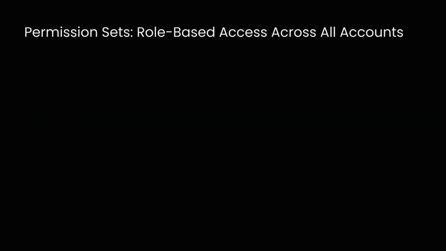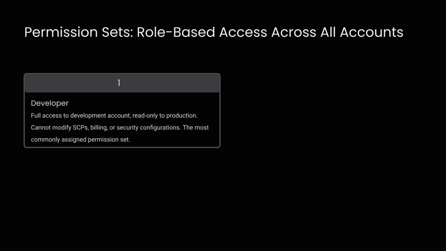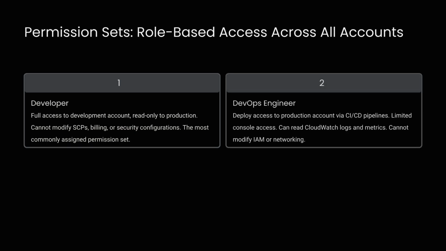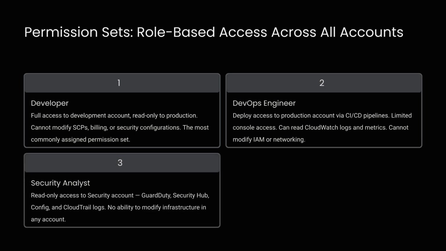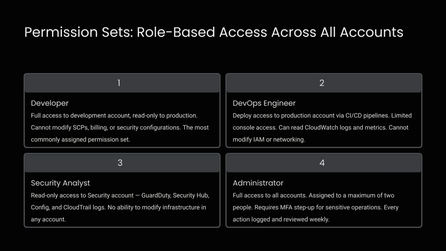Permission sets define the roles a user can assume across accounts. Examples include a developer role with full access to development, but read-only in production, a DevOps engineer focused on deployment pipelines, a security analyst with read-only audit access, and a highly privileged administrator role with full access and strict MFA